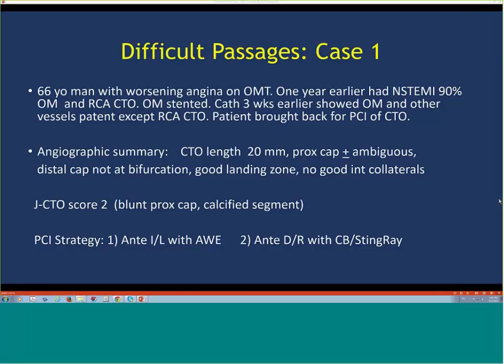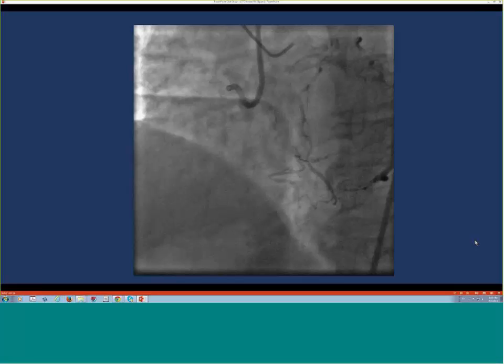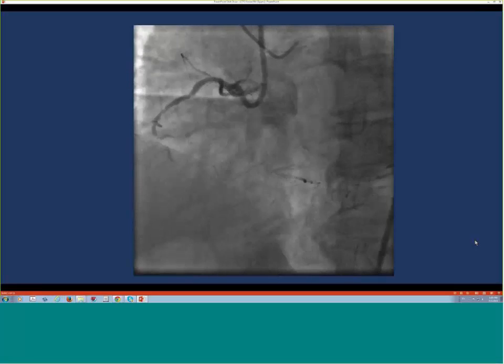No, absolutely. And again, you say maybe that's the case, or maybe some of the other vessels start developing subtotal disease, but because of the CTO, that may be more significant than we think. Yeah, that's sort of what I was getting at. I agree with you. Okay, so here's the dual injection,